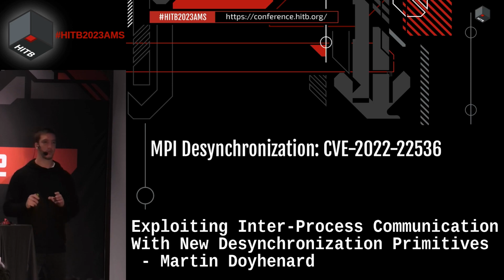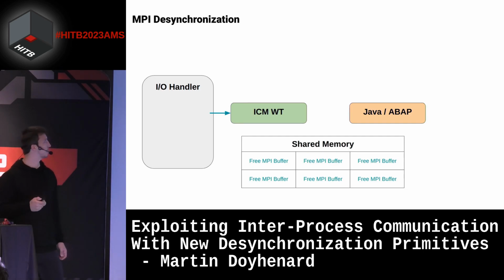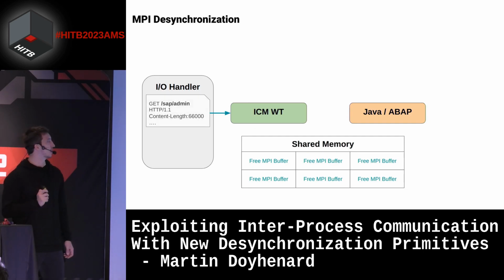Okay, so now I'm going to show you the first vulnerability. It's a really simple vulnerability. However, it can be exploited to completely compromise a system. And we are going to see some ideas combining desynchronization, which is a kind of exploitation in HTTP, with these low-level vulnerabilities. So as I said, what if we send a request that is longer than 65 kilobytes,